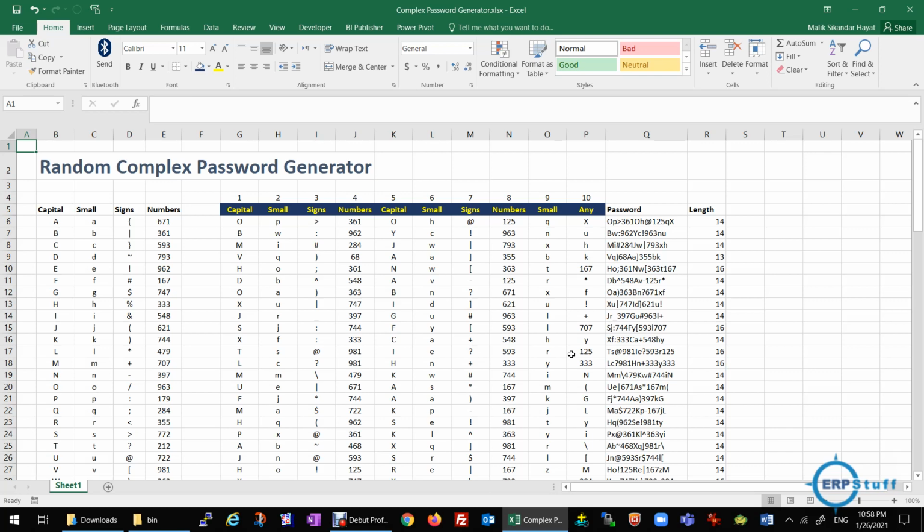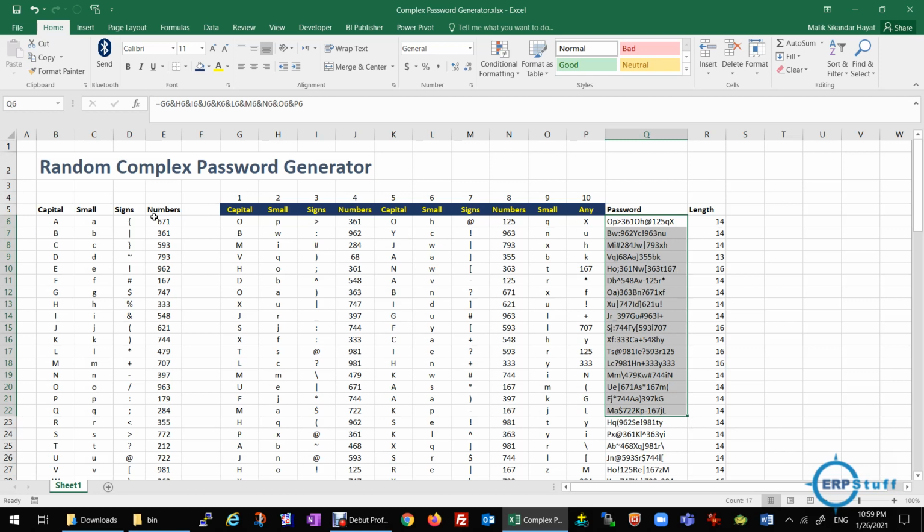Today I will try to show you a random complex password generator. This is normally a requirement when setting any password, because sometimes you keep a very weak password for your system. Let's say you are managing different servers and now you need to generate passwords. Ideally you need a complex password like the one shown here, which cannot be broken by any brute force tries or algorithms.